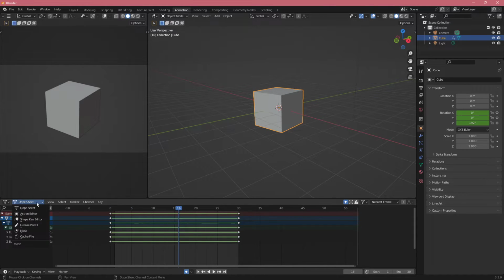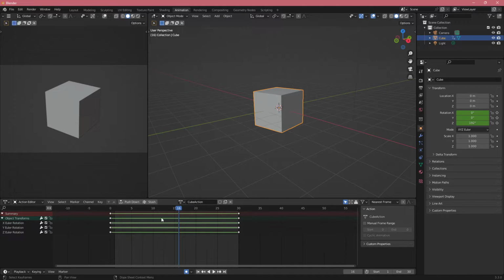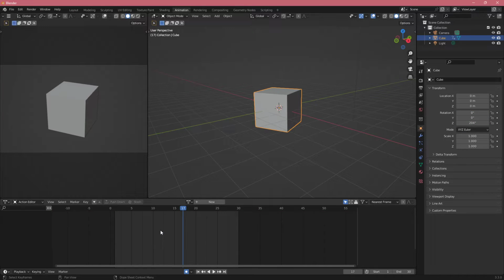Now, this is not the only thing that you can do in Blender with animations. We can also go to Action Editor. And in here, if you want multiple animations for our cube, we can create multiple actions. So I can create a new action, name it maybe cube jump. And let's say in our cube jump,